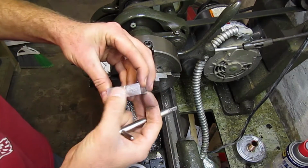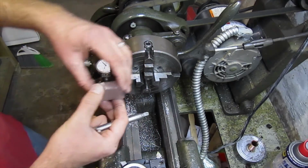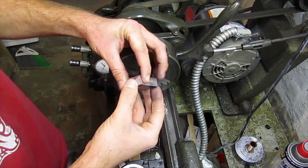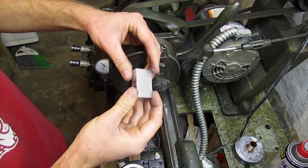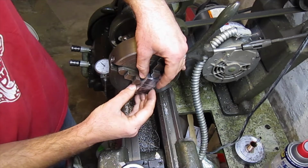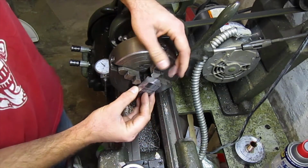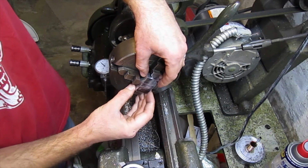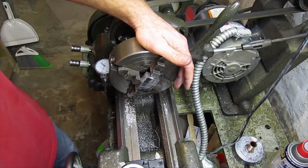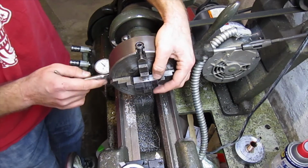And now we've got four sides that are completely square and parallel with each other. Now we're going to work on these larger face areas. Now for this first cut, for the first side, we've got two sides that are saw cut. So we can't put those up against the face because then they won't be parallel with the four sides we just squared up. So what we'll do is we'll rely on the